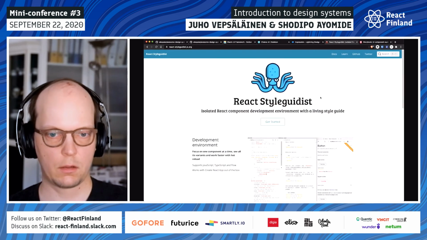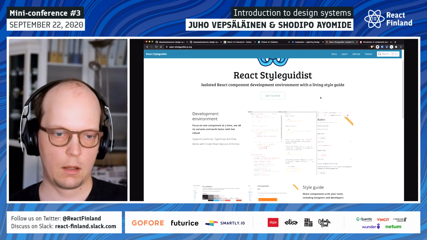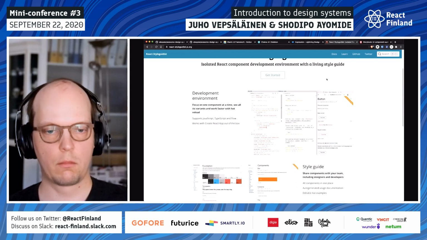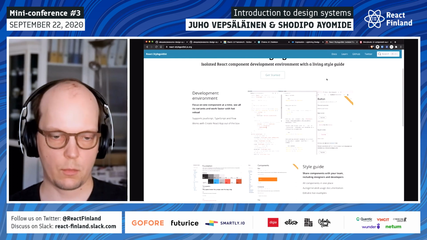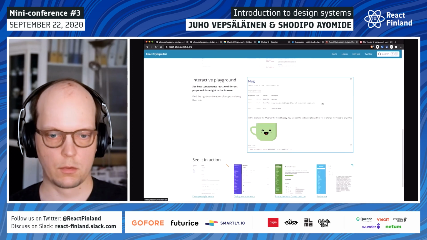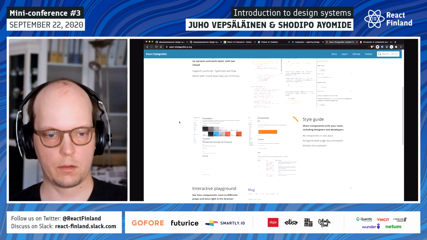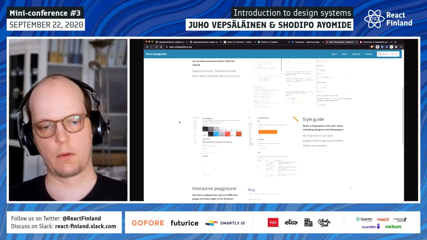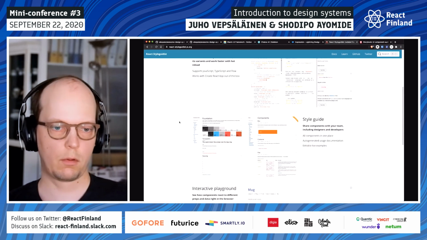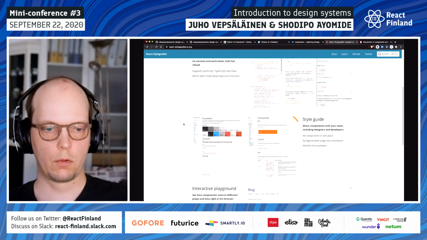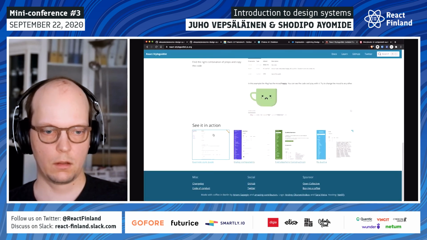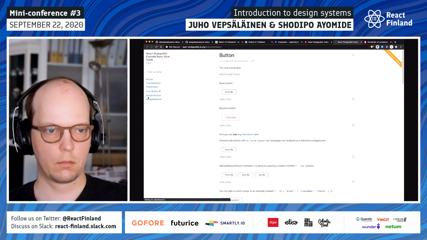Another one is React Style Guide. It's a little faster. It has more opinions, but it's a good option. It's cool because you can write Markdown and you can have a description in Markdown, an example in Markdown next to your component. Yeah, but it's something to look into.